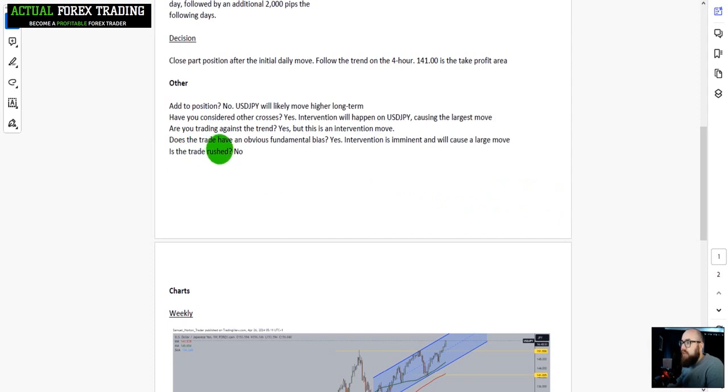Does the trade have an obvious fundamental bias? Yes, it does. Is the trade rushed? No. So generally, I'm just explaining this document to you and why I ask myself these questions: if a trade is rushed in the sense of, I have to enter the position right now,